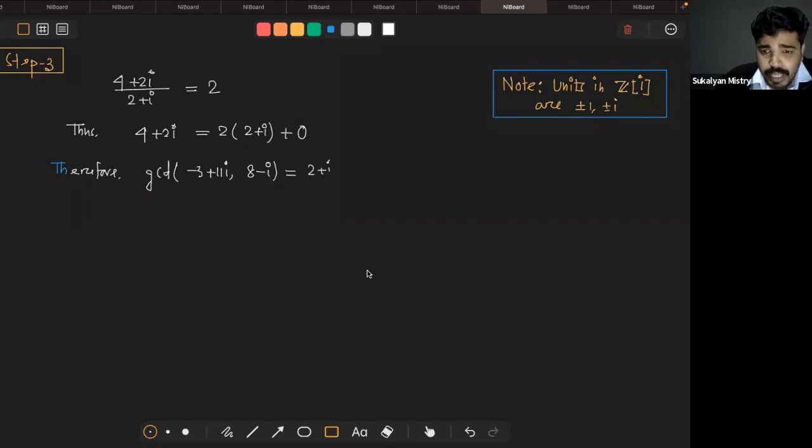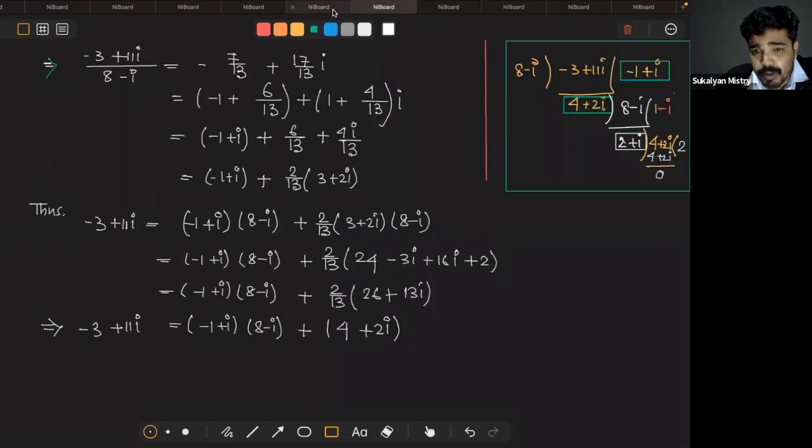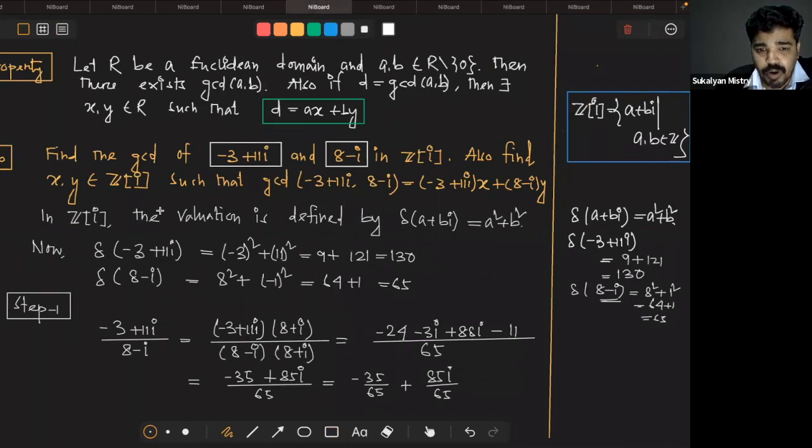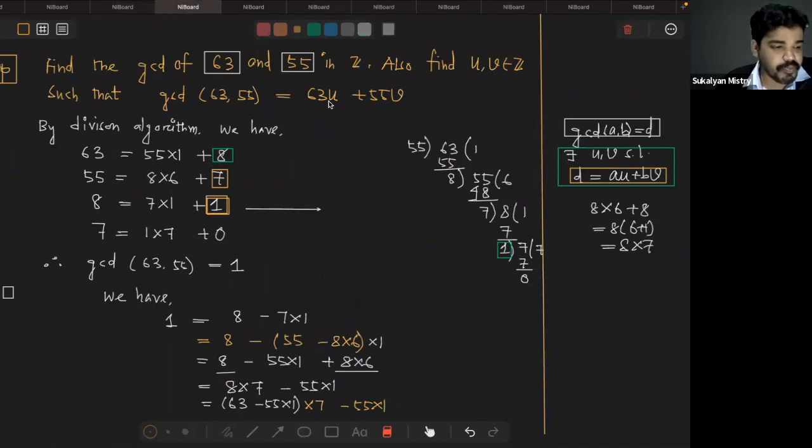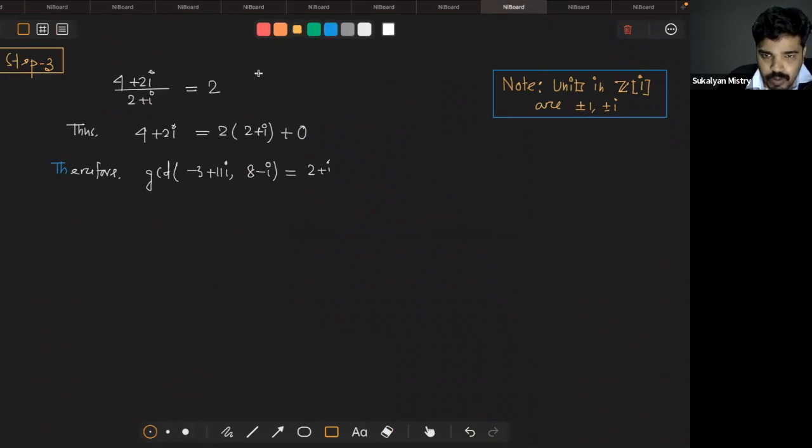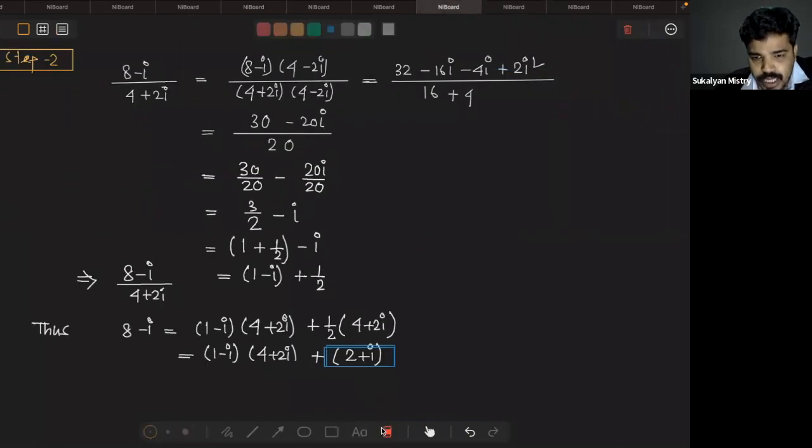ওকে, সো এবার দেখো প্রবলেমটা কিন্তু আরেকটা প্রবলেম বের করতে বলেছে, ফাইন্ড টু ইন্টিজার্স x and y such that GCD equal to -3 plus 11i x plus 8 minus i y. দ্যাট ইজ এই প্রবলেমটা আমরা যখন সলভ করলাম, আমরা কি করছি, ব্যাক ক্যালকুলেশন। ফার্স্টে আমরা জিসিডি থেকে শুরু করেছিলাম, তারপরে 7 এর ভ্যালু পুট করেছি, তারপরে 8 এর ভ্যালু পুট করেছি। এখানেও সেম ভাবে আমরা প্রসিড করব। জিসিডি পেলাম হচ্ছে 2 প্লাস আই।